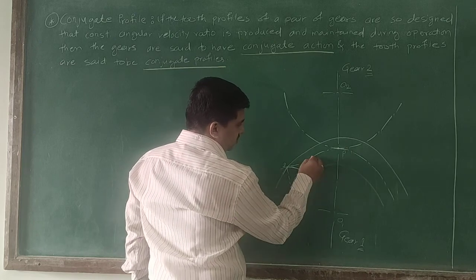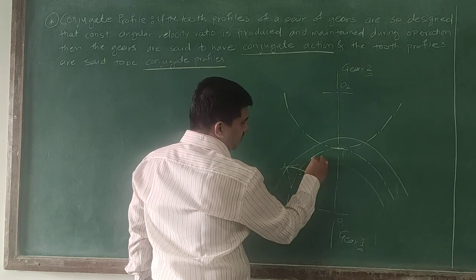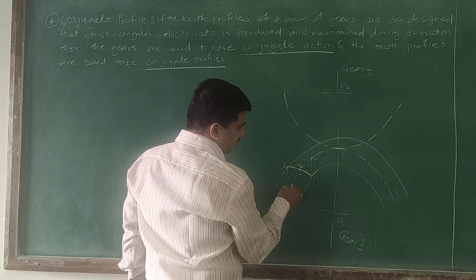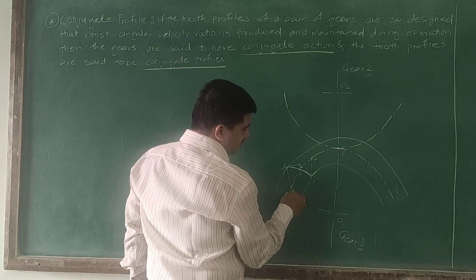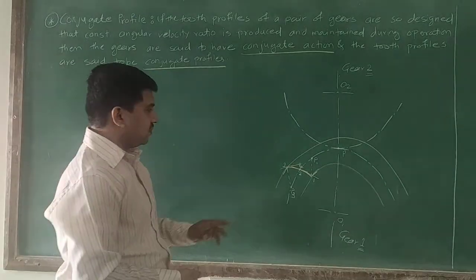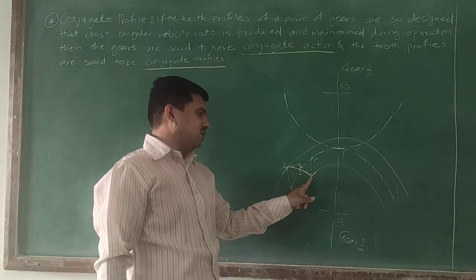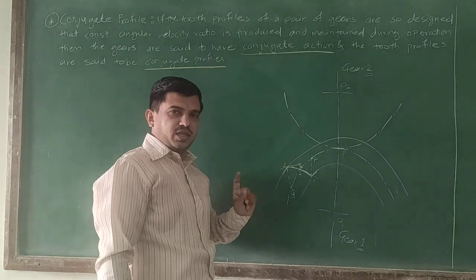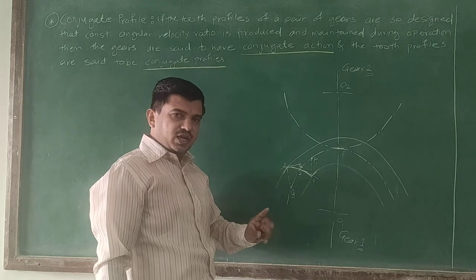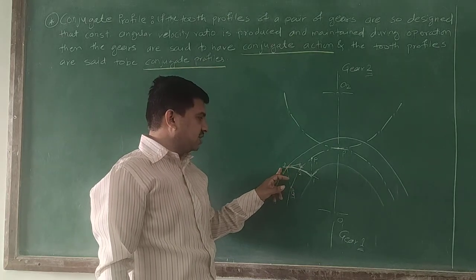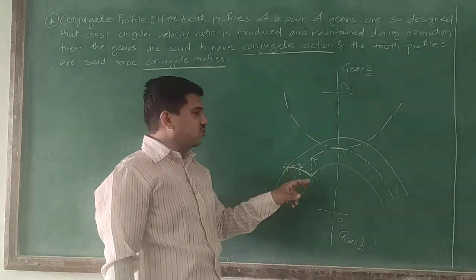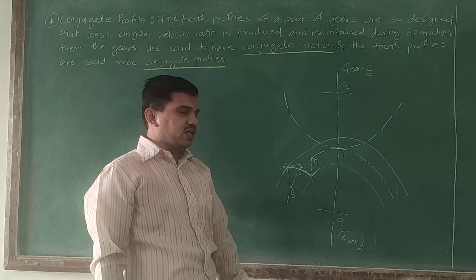okay, so this point will be nothing but point P1, this point will be nothing but point P2, and this point will be point P3. Are you getting me? So what we did, we have drawn tangents from point number 1, 2, 3. Then for those tangents we have drawn normals or the perpendicular lines which will be perpendicular to these tangents and which will be intersecting this pitch circle, and we have named those points as P1, P2 and P3.